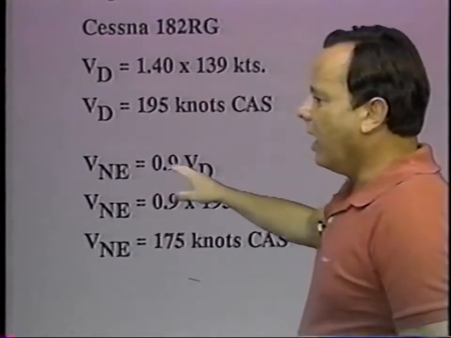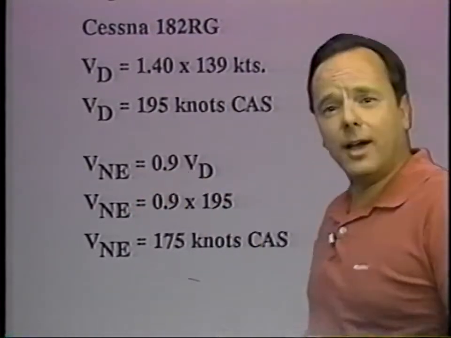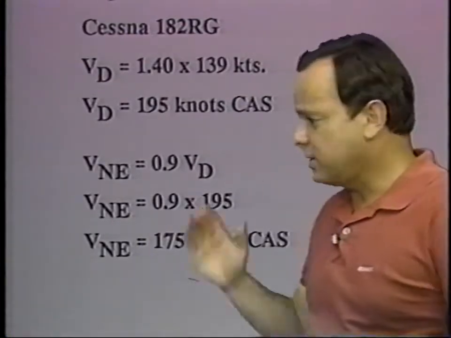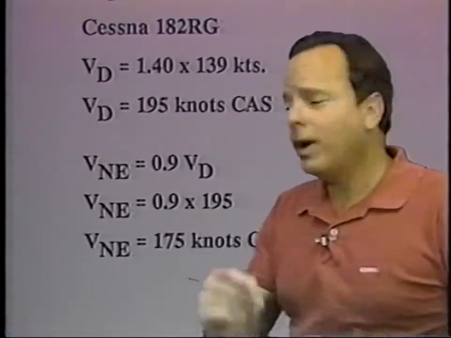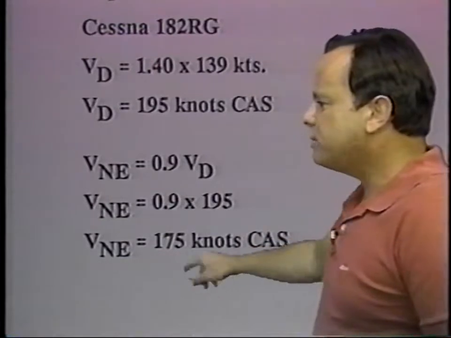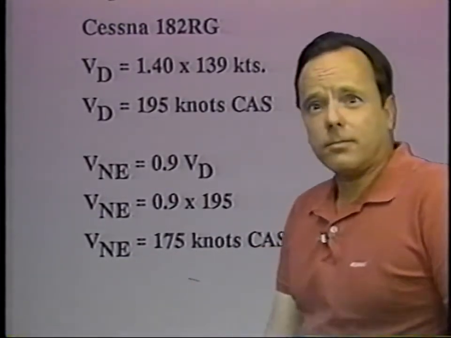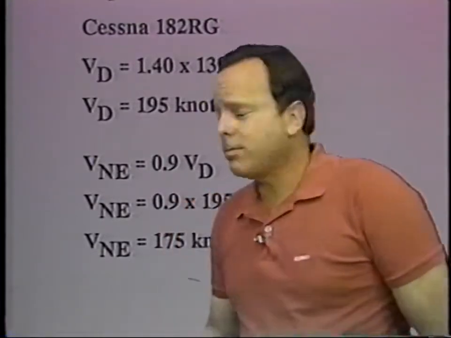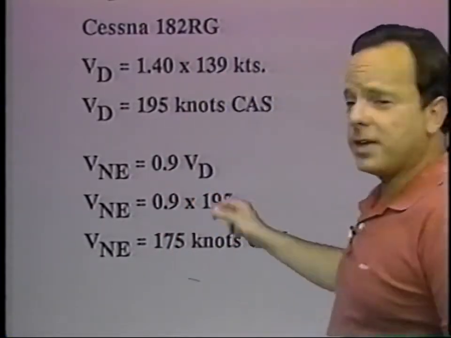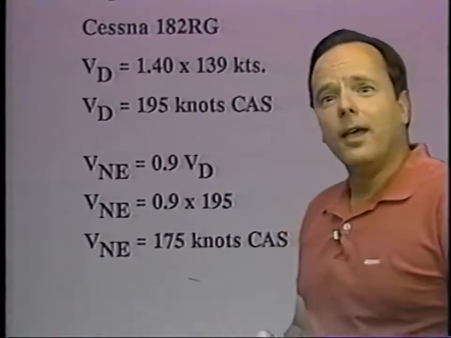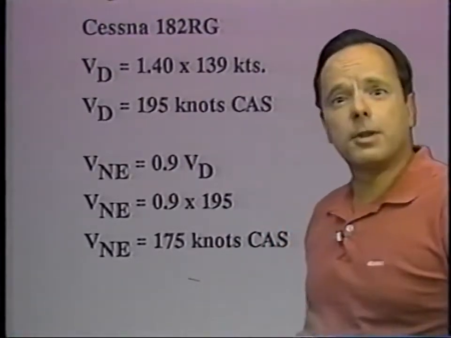Then they back off and multiply that times 0.9, and that becomes never exceed speed, VNE, and that's the top of the yellow arc or red line on the airspeed indicator, and for this particular airplane it becomes 175 knots. Now, the thing you need to remember is that this airplane was tested once at design dive speed with a test airplane, a professional test pilot, and he did not at that time have some of the problems we're talking